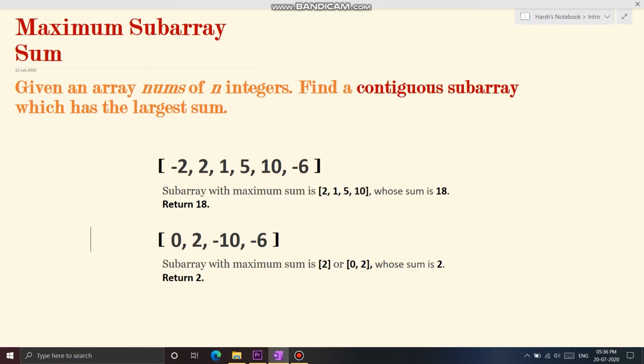This is the brute force approach. Although it would be expensive in terms of time complexity, I always say it is good practice to come up with a brute force solution. First, a naive solution is always better than no solution. And second, coming up with a brute force approach gives an impression that you know something. So we are going to explore all possible subarrays and try to find the maximum sum we can get.